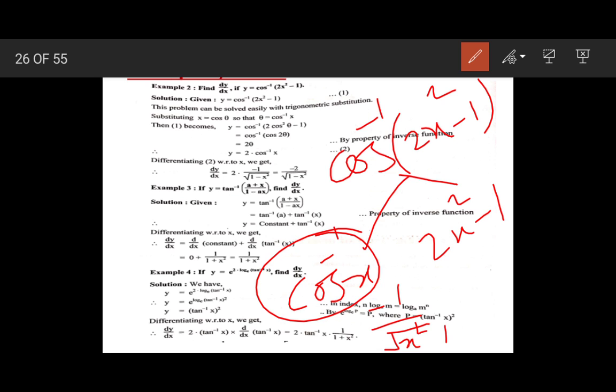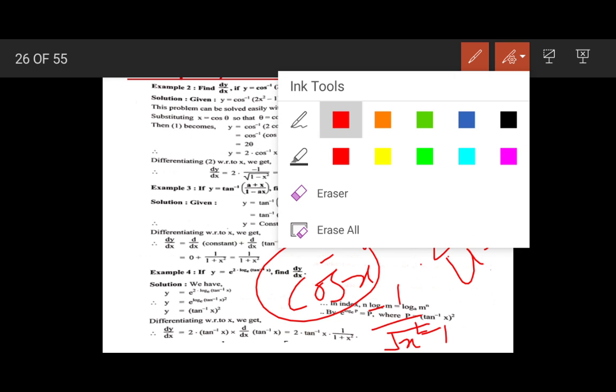Then we have to find the derivative of this, where we have to use the u minus v rule. So it is a very lengthy procedure. So what we are going to do is just substitute x. I am going to substitute x as